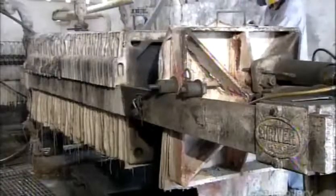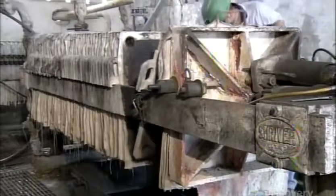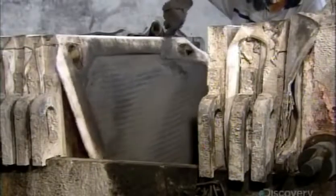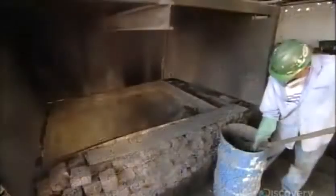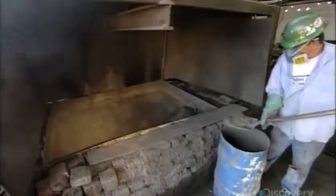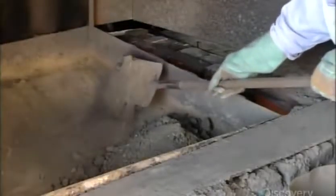presses. The filter plates are treated with a zinc-based chemical which attracts silver molecules. As the solution passes through, the plates trap particles containing silver, forming a layer of black powder called silver precipitate. This precipitate is composed of approximately 50% silver and 50% waste, the waste being a jumble of various metals, dirt, and other impurities. To separate the silver from the waste, they first dry the precipitate in a gas furnace for